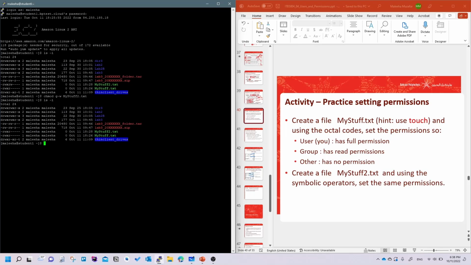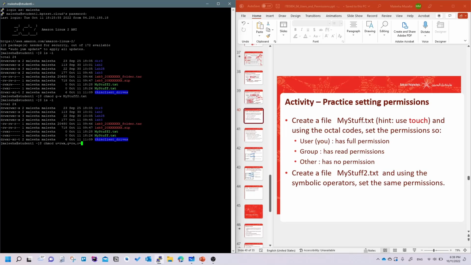So let's say I want to change permissions for the same file, but I want to give, let's say, read and write for everybody. Okay, for the user, for the owner, I want to give full permissions, but for group and for others, I want to give just read and write. So I can write it this way: chmod for the user equal to read, write, execute, comma, for the group it should be read and write, and for others it should be,